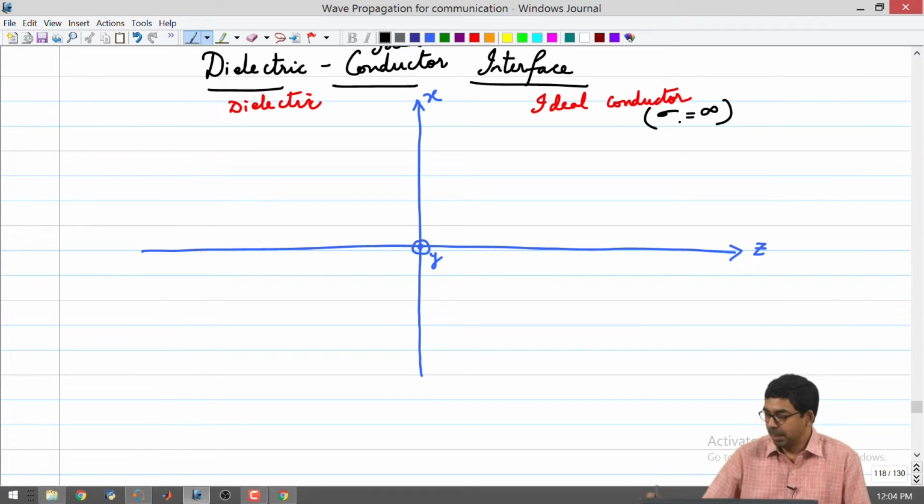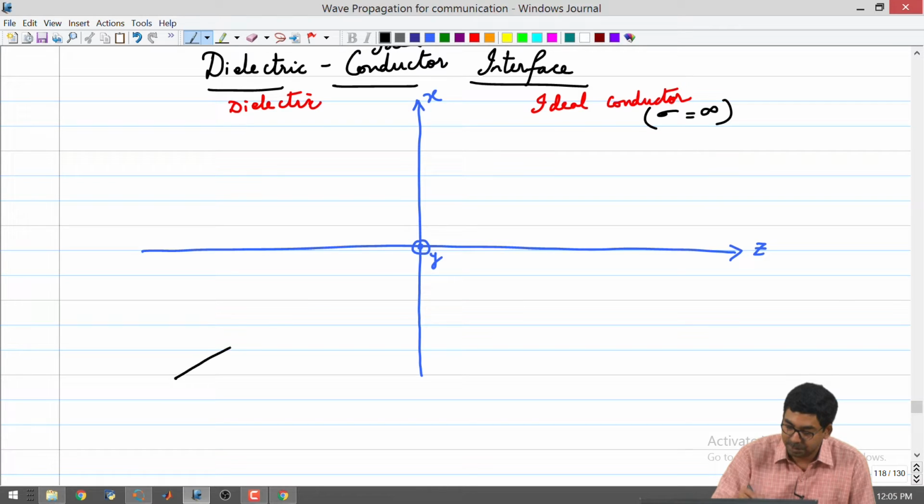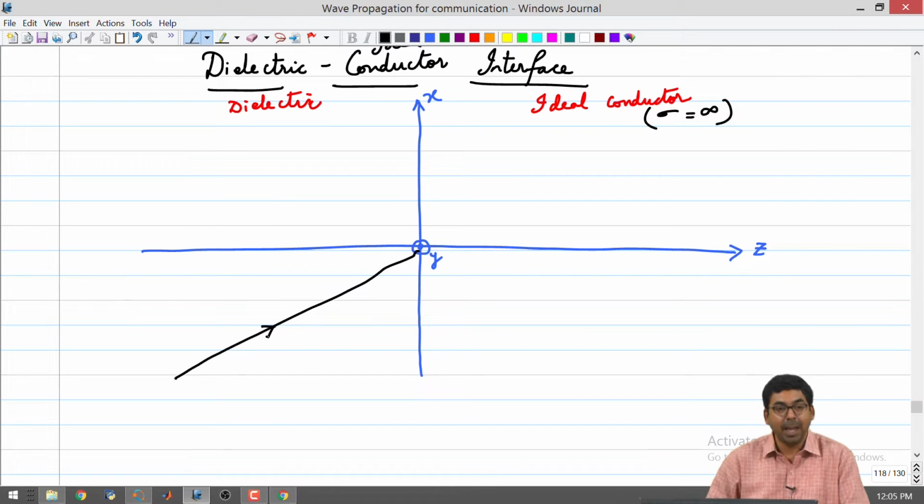So there are a few points to note. First I will draw the incident wave and then we will start with the few points to note. I am going to have a wave going in the similar direction as what we had for the prior lectures. I am going to have it launched from here and it is going to go and hit the interface. This is the direction of your k.